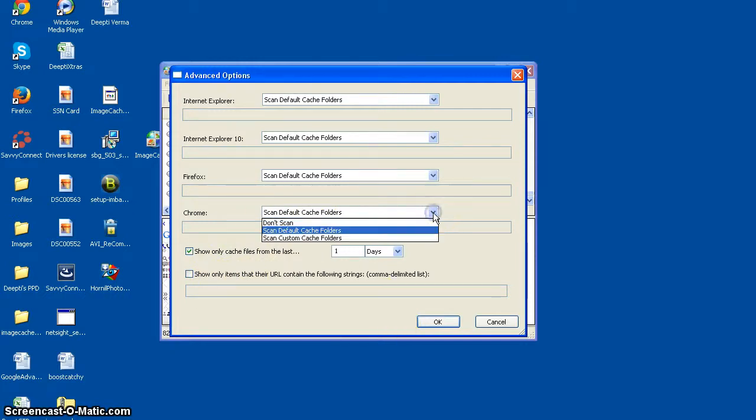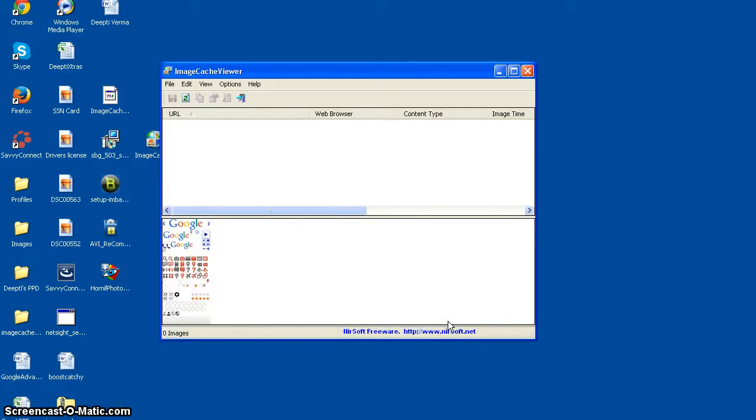Let's say you want to cache Chrome. You can say show only items whose URL contains the following strings, as a comma delimited list. So you can filter it like that, and it will show all the images.